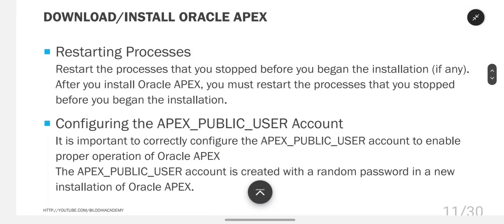Restarting processes. Restart the processes that you stopped before you began the installation, if any. For example, if you started the installation and, due to any error or any reason, you stopped it in between, this step is for that. After you install Oracle Apex, you must restart the processes that you stopped before you began the installation. Means if you stopped anything, any listener or anything, for example, however it is not needed, so you can start